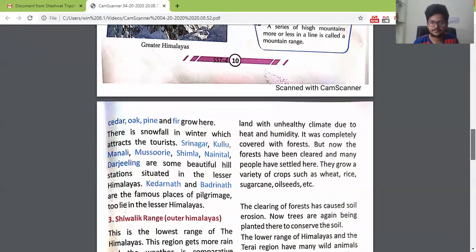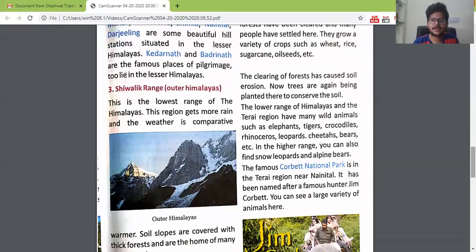Okay. Now, the clearing of forest has caused soil erosion. What is soil erosion? Soil erosion is the transportation of soil through air, water, or any other natural means.